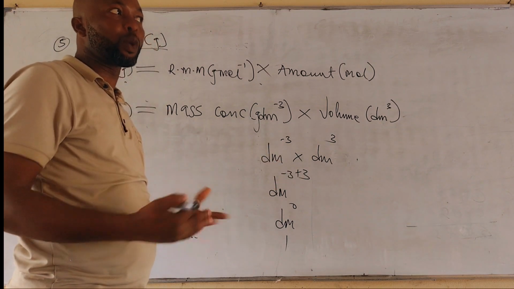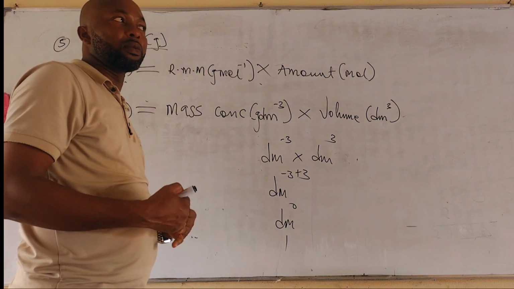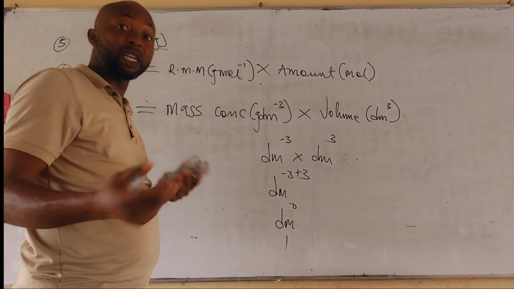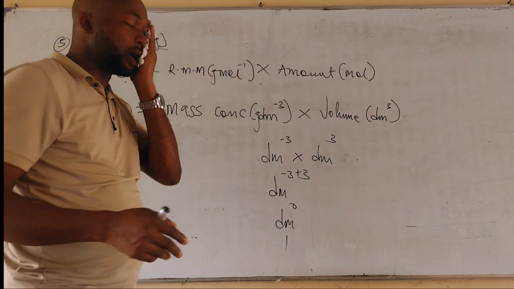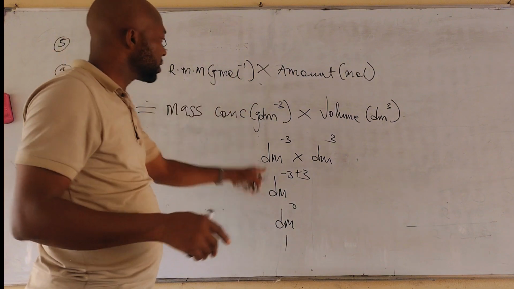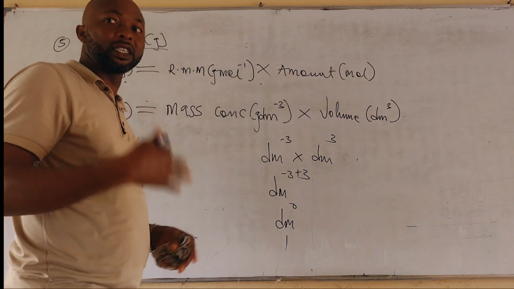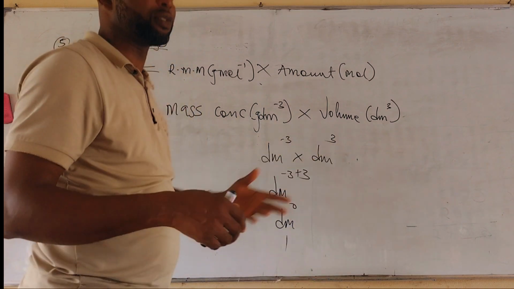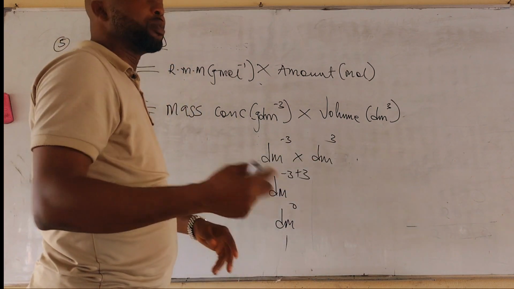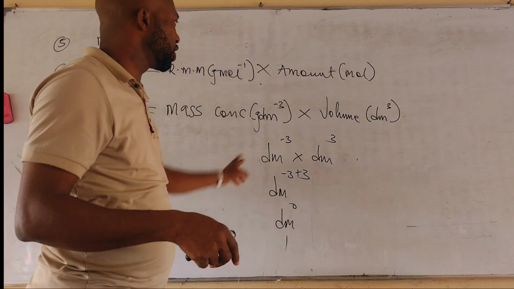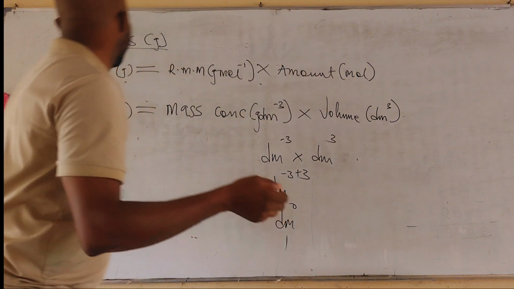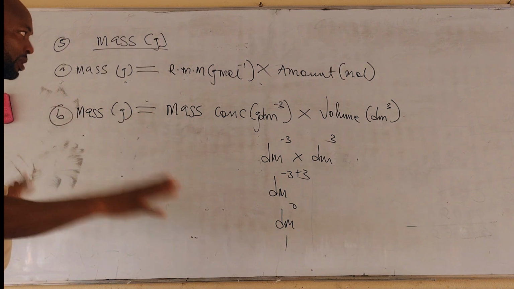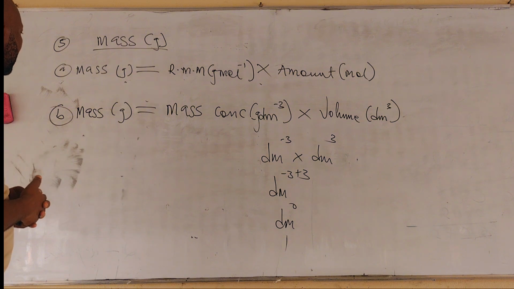There are high tendencies where we make mistakes. You cannot be too perfect or too careful. As a human, sometimes you make mistakes. But if you have this knowledge to check whether you're correct, it will be better, because probably in exams you're just solving and you're time conscious, so you wouldn't be able to take all the time in the world to go back reflecting. You just check here and you see that you're right and you move on. So we have the fifth one, and these are the basic formulas. Let's proceed to